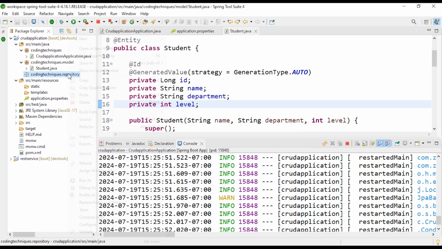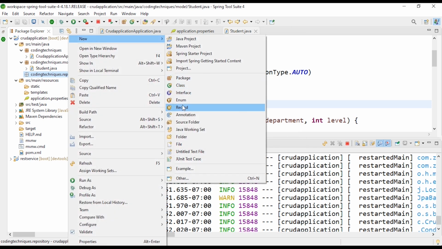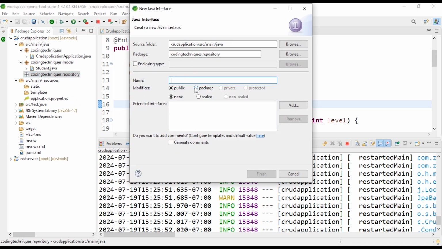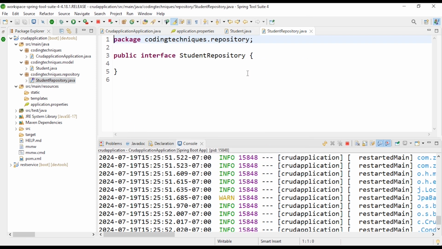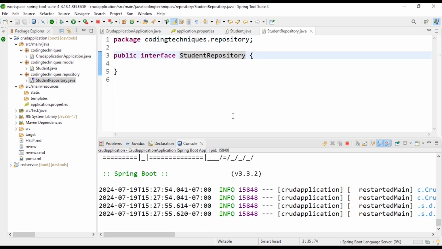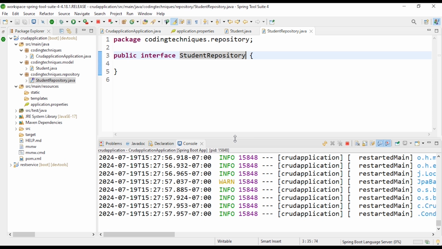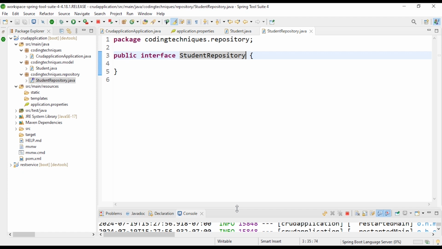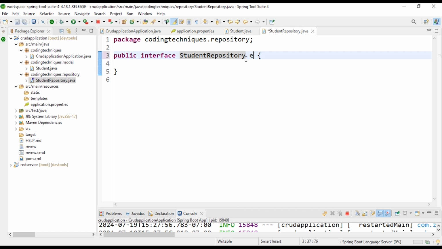Okay, so inside this we will have a new interface, and we will call this student repository. This interface will extend the CrudRepository. By extending the CrudRepository, we will have access to some methods which we will use to perform CRUD operations. So let's extend